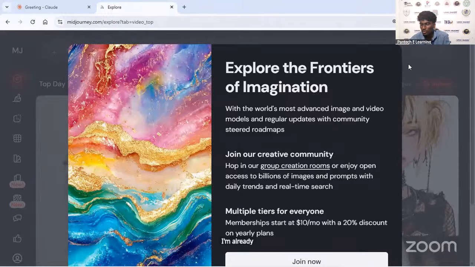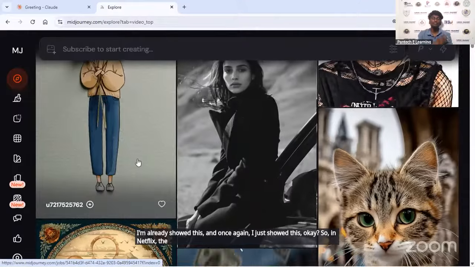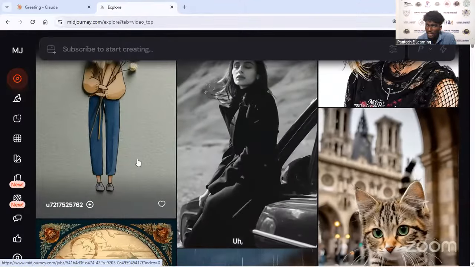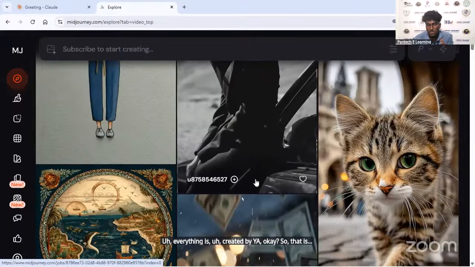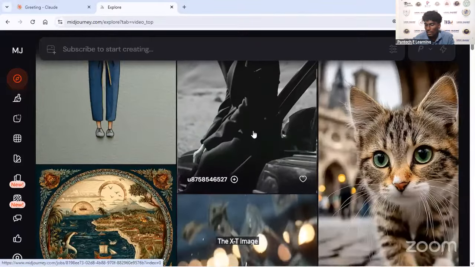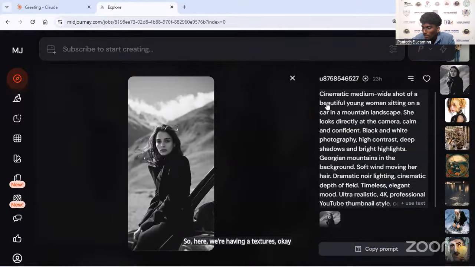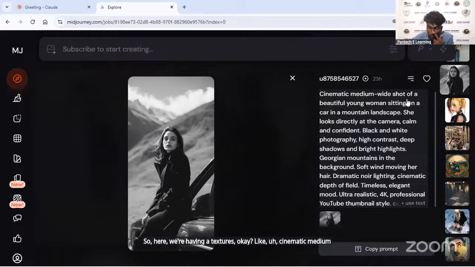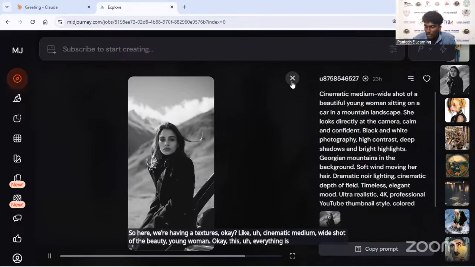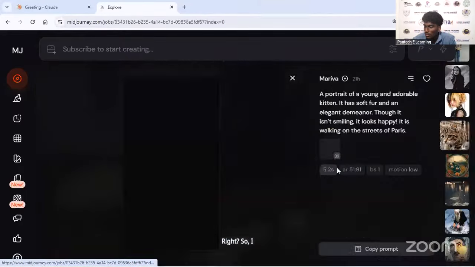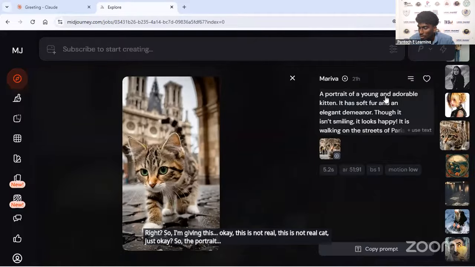I already showed this, and once again I'll show it. In the explore section, every image is created by AI. That is text to image. If I click this image, here we have a text prompt, like a cinematic medium wide shot of a beautiful young woman. Everything comes from text, right? So I give this. This is not real. This is not a real cat. This is AI. So the portrait of a young adorable